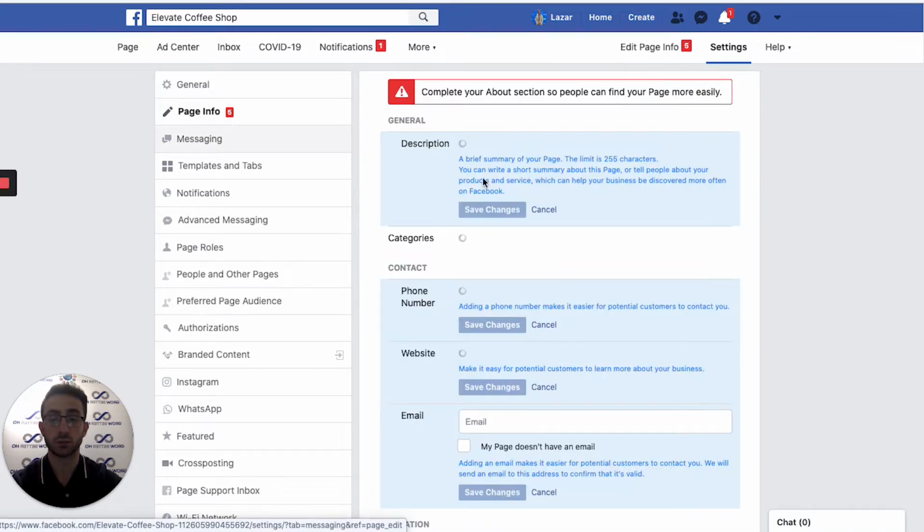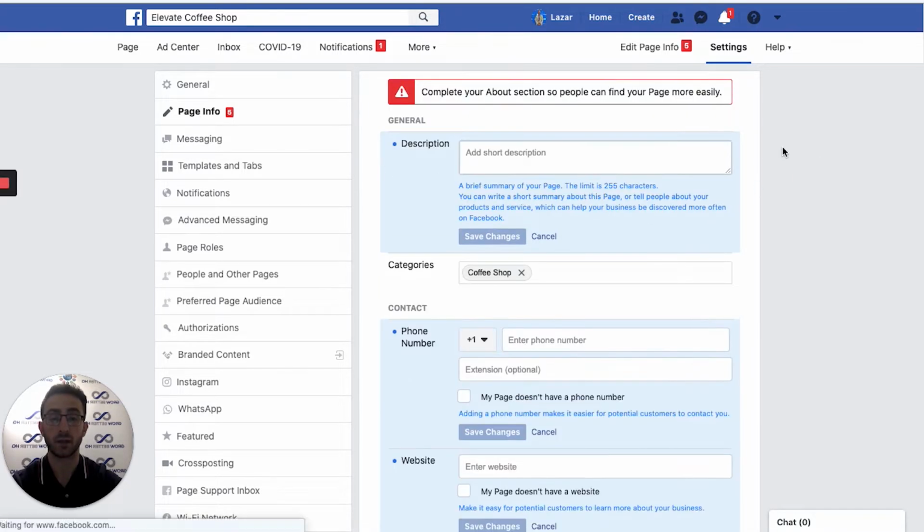Under the page info, you'll just really be putting in everything that is needed to help people find your business. And when they do jump on your page, most likely they're not going to contact you on that first attempt, but they're going to read up on you. So if your stuff is filled out properly, then it's going to build confidence, build clarity with the customer or client, and obviously it's going to optimize for more sales for you at the end. So description: